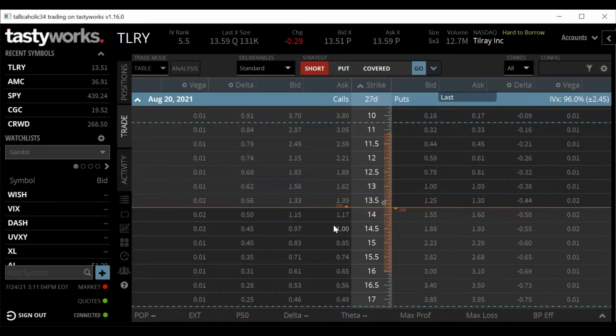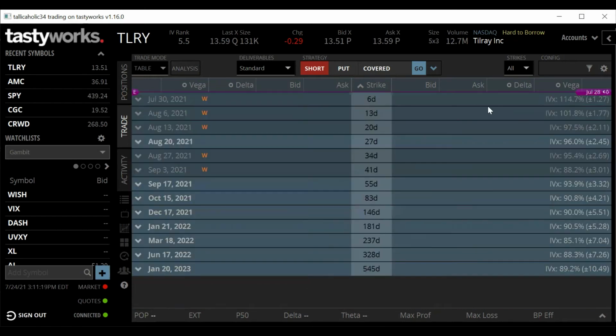Whereas with stock, everything is built into that price. We more or less have a good idea of the health of Tilray by what this stock is currently trading at. And with options, we really kind of don't. As you can see here, we have earnings coming up in Tilray on July 28th, and the IV is super high for this earnings expiration cycle.